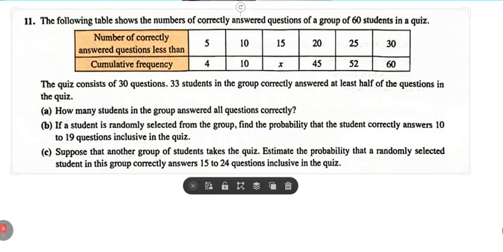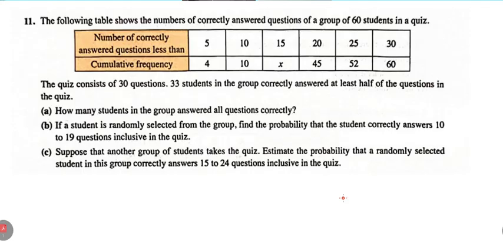Since the cumulative frequency for less than 30 is already 60, that means all students score somewhere between 0 to 29. Therefore, we can say that for A,